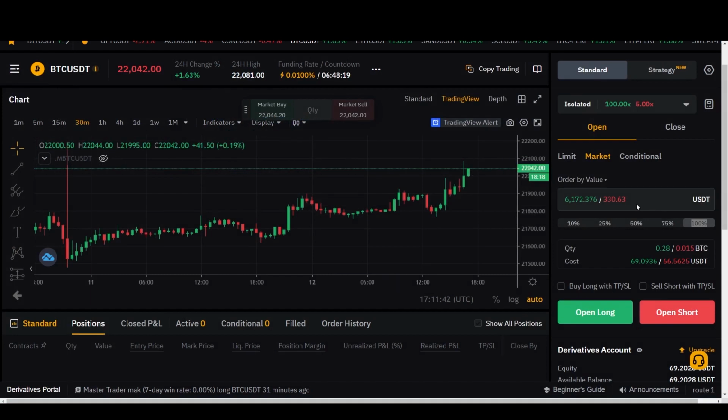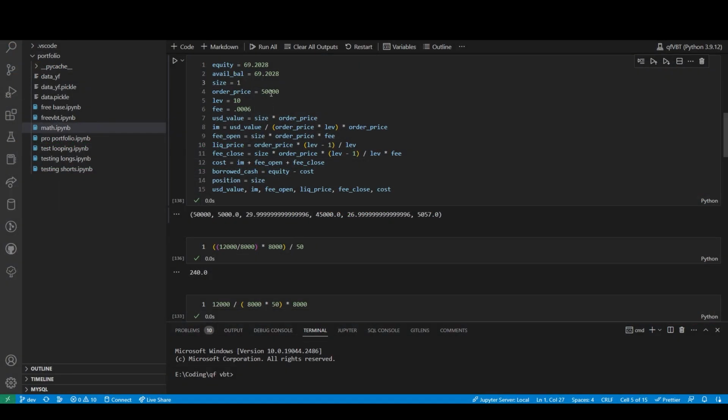So, I have this here, and I need to be able to match this. I'm putting in an order value of 6,172, and I need to get the cost to come up with that. So I'm going to come back over here. I have my equity, my available balance, my size, which is